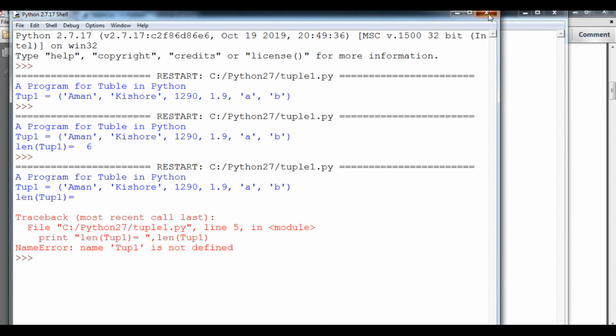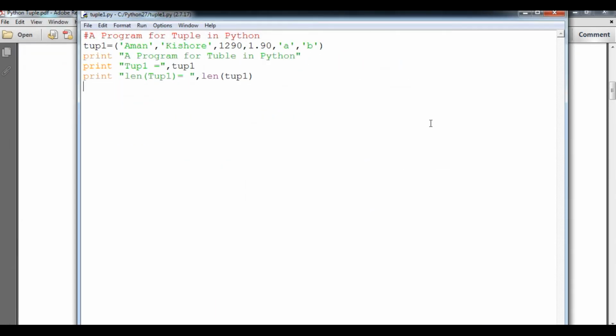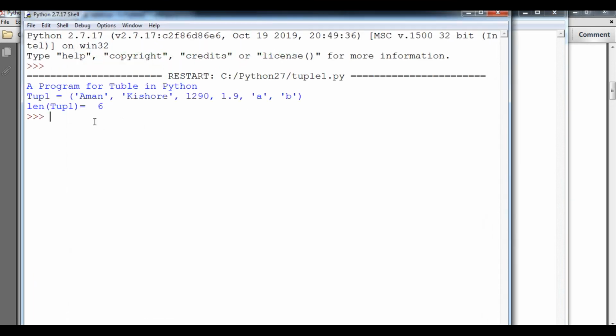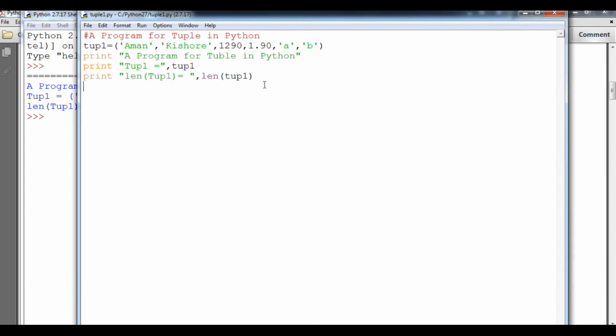So student, we have learned till here how to get the length and what is my tuple. Now we are going to access the tuple by index value. So accessing the tuple elements, first of all I will teach you with the help of a loop.